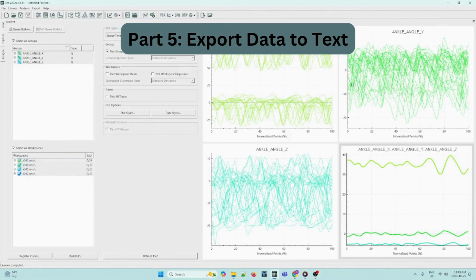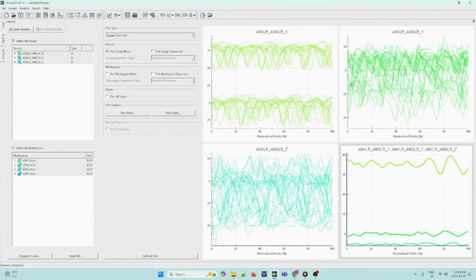SIFT allows you to export the visualizations to one of 4 image formats: JPEG, PDF vector graphic, PNG, or BMP. We can start by right-clicking the bottom right plot showing the group means and select Export Graph from the context menu. This will open the Export Graph dialog, where we can choose our desired export path, where the image will be saved, as well as a name for the file.